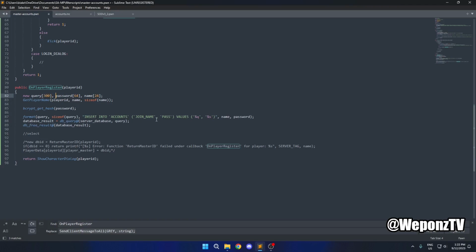So insert into accounts, join name, pass, name, pass. So that's what we do. So now we've inserted it. What I'll do is I'll remove these because this is just SQLi. So now we've done that. So now what we need to do is, this is where we show the character dialog, but we need to